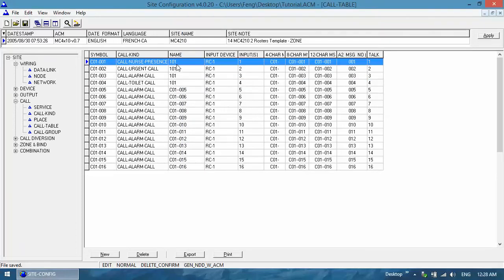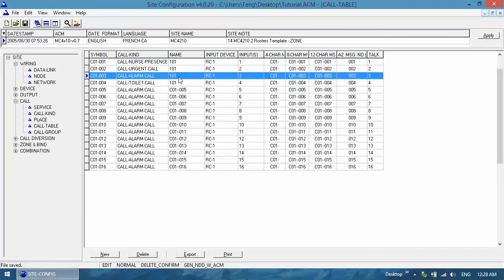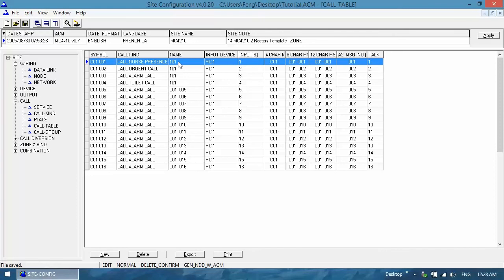So as you can see, the 4 inputs are all for room 101,